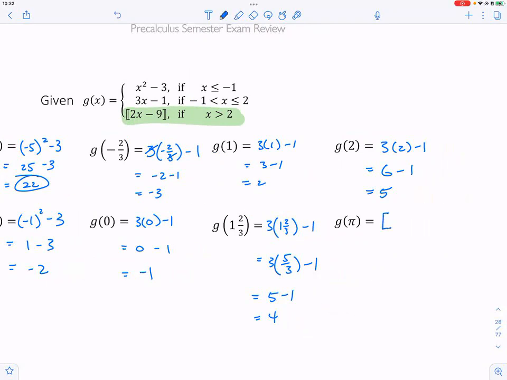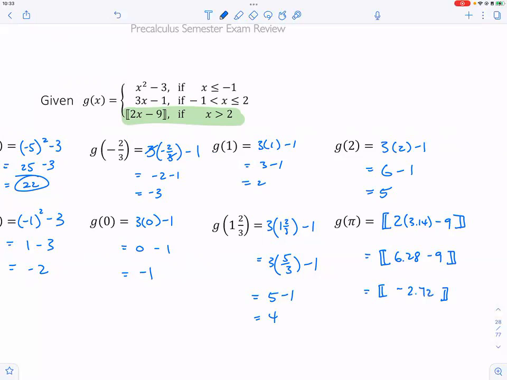So we have step function of 2 times 3.14 minus 9. So we have 6.28 minus 9. And so you have a step function of negative